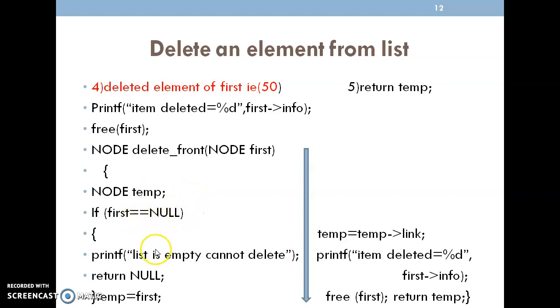If first equal to null, as I told, it is empty. If it is not empty, then make use of temp equal to first, copy that first to temp, then move the pointer from temp to next, which contains the next address, so temp equal to temp pointer link. Delete the element, free first, return temp, by making use of all four cases written in a single function.